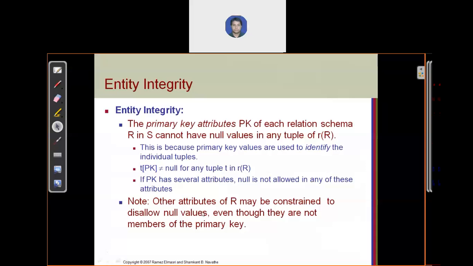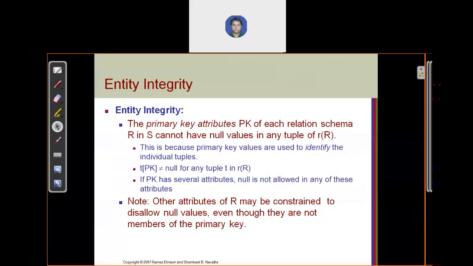The next constraint is entity integrity. The next constraint in our relational data model is the entity integrity constraint. This constraint says that when you select one attribute or a set of attributes as the primary key of your relation, that attribute cannot contain a null value.